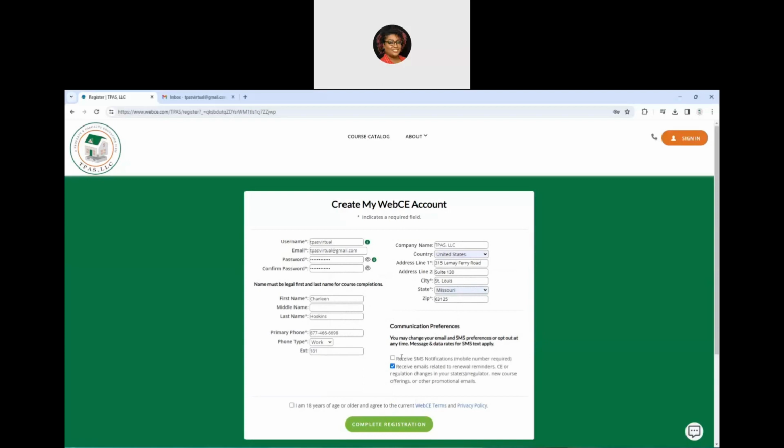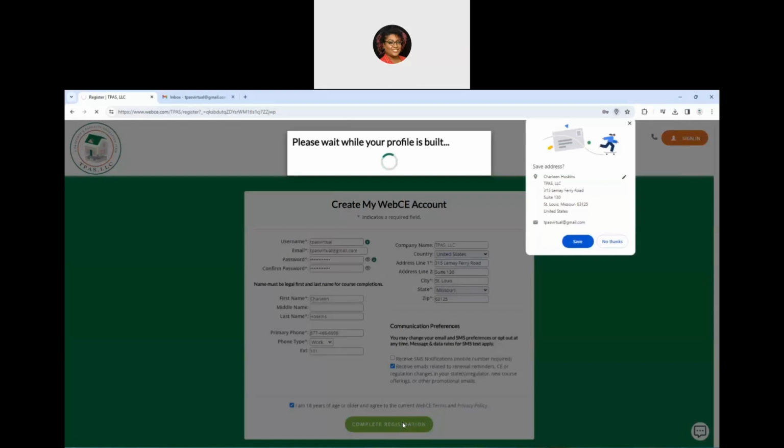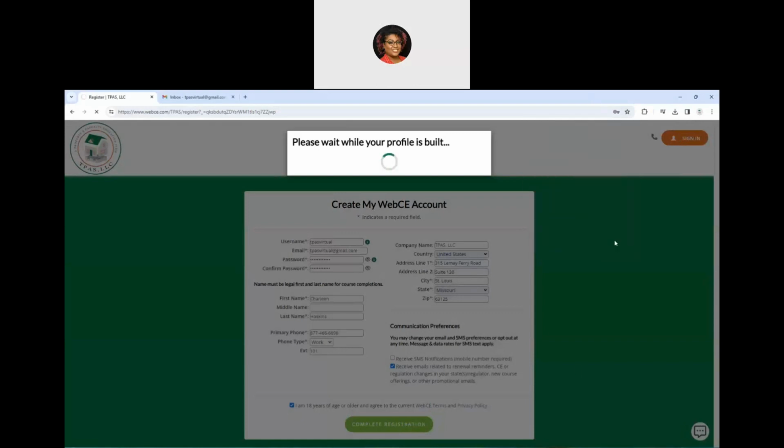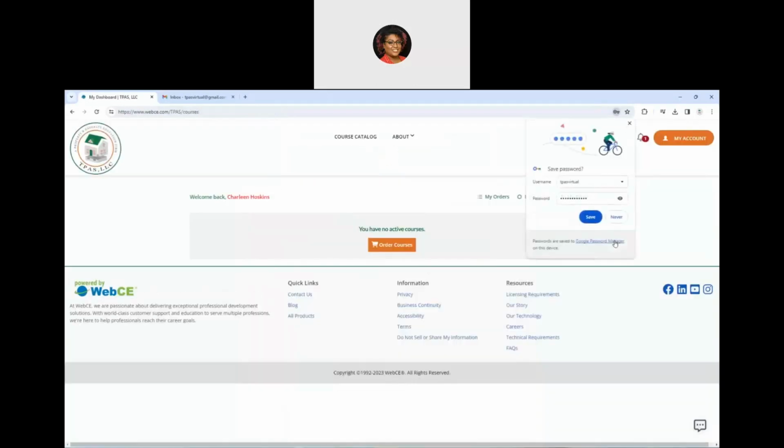It does ask how you would prefer to be communicated with. So you can choose the stated email, which is what is automatically selected, or you can go with SMS messages to your mobile phone. We're going to stick with email. We're going to confirm here at the bottom that we are over the age of 18, and then complete registration. And it says wait while your profile is being built. All right. Okay. So now that you have a profile,